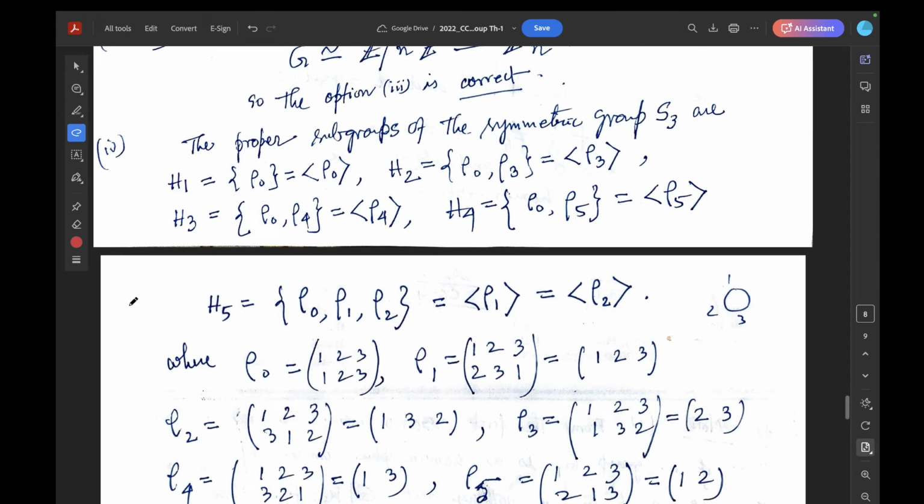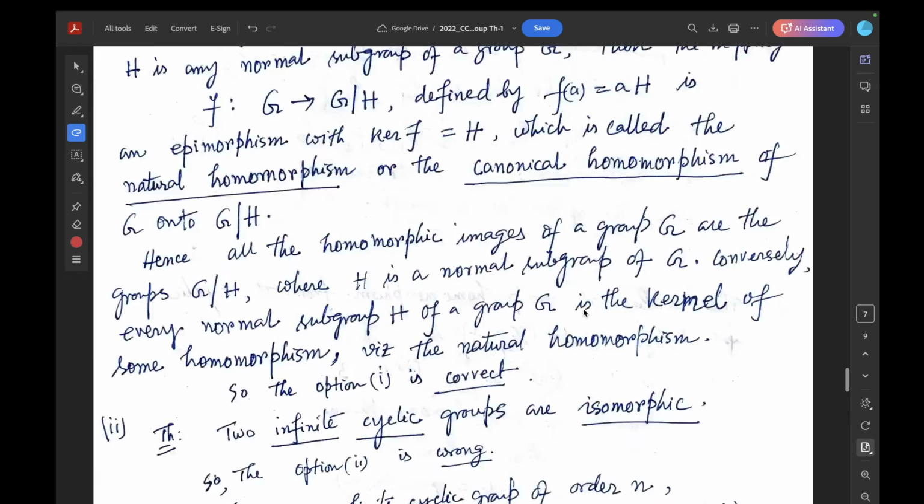Now, consider these subgroups. H1 is the cyclic subgroup generated by rho 0, H2 the cyclic subgroup generated by rho 3, H3 the cyclic subgroup generated by rho 4, H4 the cyclic subgroup generated by rho 5, and H5 the cyclic subgroup generated by rho 1 and also rho 2. So all proper subgroups of the symmetric group S3 are cyclic. Hence option